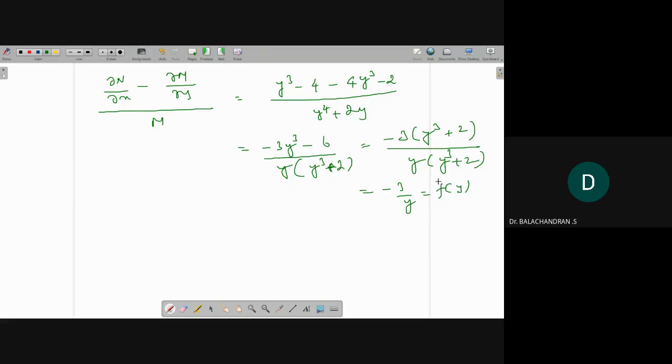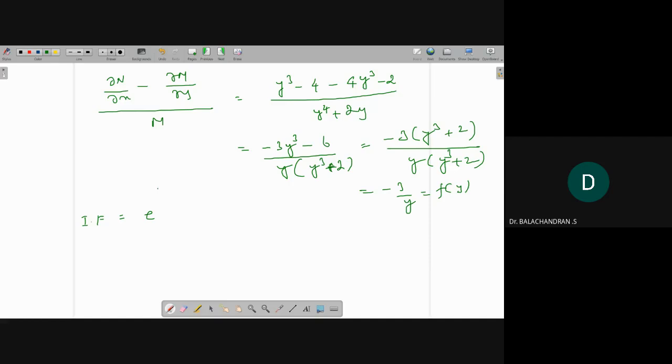Okay. So now you need to multiply equation 1 into minus 3 by y. So you need to multiply by minus 3 by y. But we still need to find the integrating factor. So I got only minus 3 by y. The integrating factor is